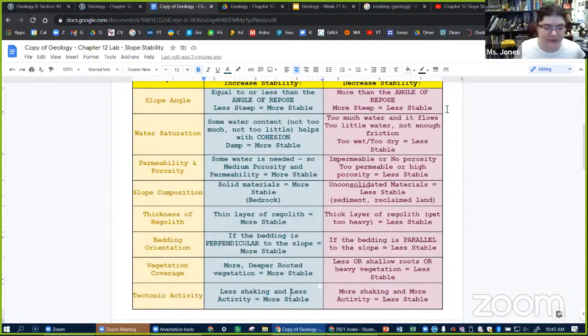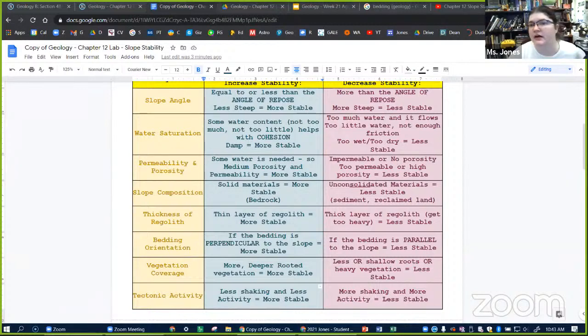It's less stable. If there's either no vegetation or the roots are super shallow, making it super heavy on top, that would be less stable. And if you're in an area that has a lot of earthquakes, it's less stable. All right, so that is the slope stability factors. All right, so let me go